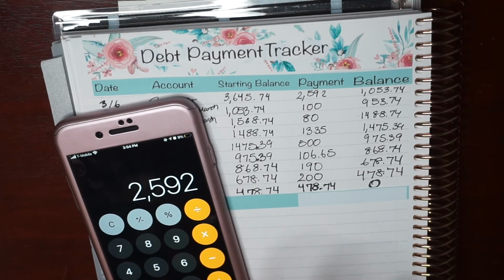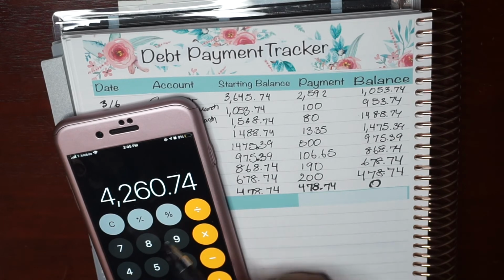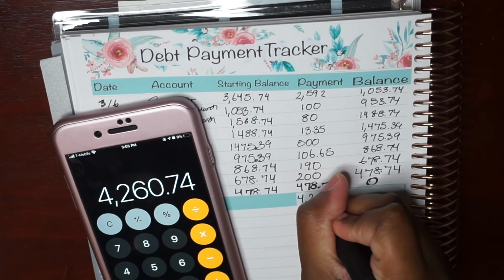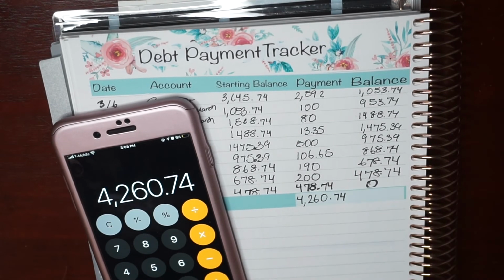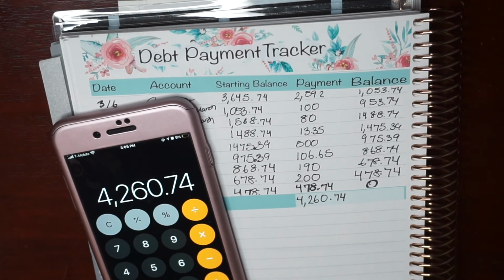3, 5, 9, 2, 100, 92 plus 100 plus 80 plus 1,335 plus 500 plus 106.65 plus 190 plus 200 plus 478.74. So we paid a total this month alone of $4,260.74. Wow. If you would have told me that you were about to drop 4K on your debt in 1 month,